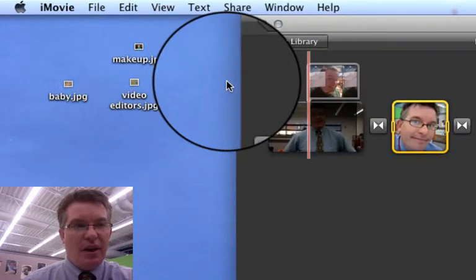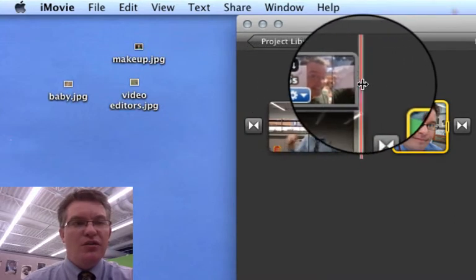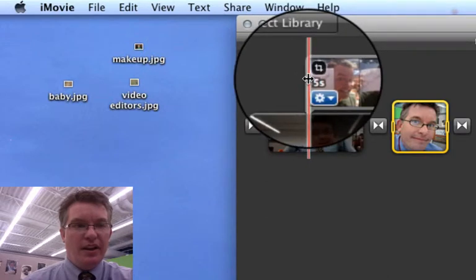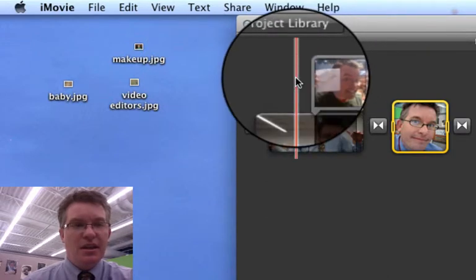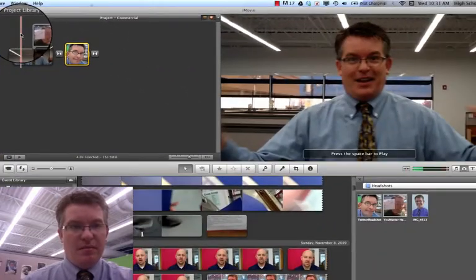And when I do a cutaway, what happens, you can see, is this is above this, right? So when this plays, as soon as it reaches this point where the playhead is, it replaces the video with the picture, right? So what we get